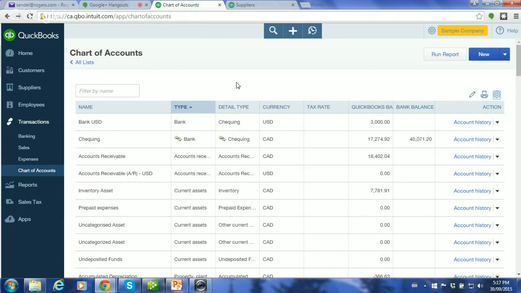And any deleted account that does have history in it, when you're calling up a report, if there's data in that inactive account, it's still going to show up on your report. It'll show up as a deleted account with information beside it, but it will be there because it had transactions in the fiscal year or fiscal period that you're asking for a report on. So no worries about that. And sometimes it's a better approach than merging. But one man's opinion, whatever works for you guys best is what to use. But I've seen some people pull their hair out after merging accounts. So word to the wise.